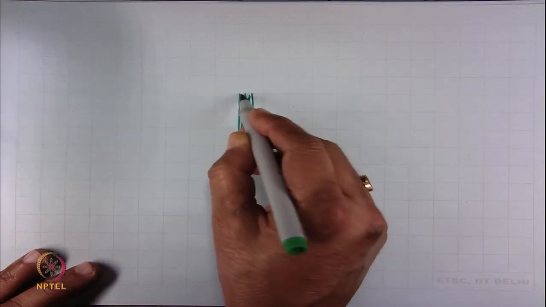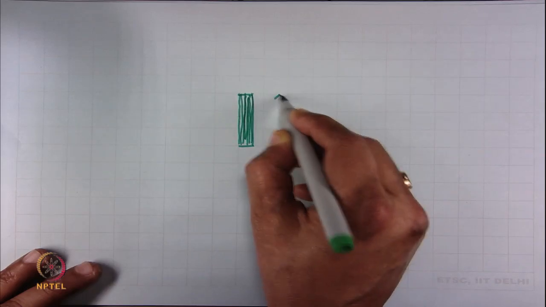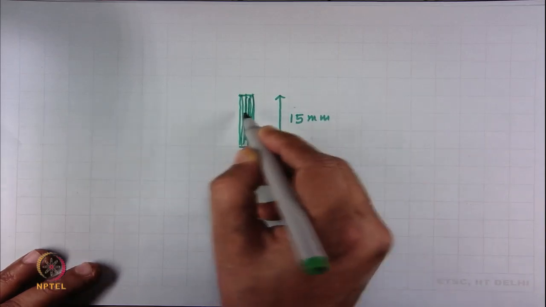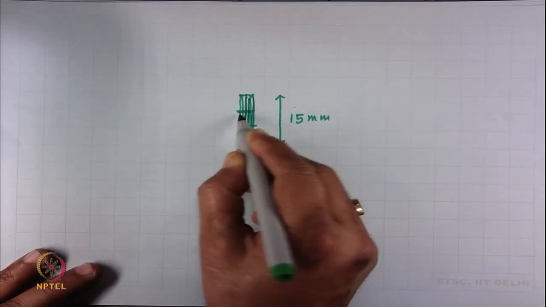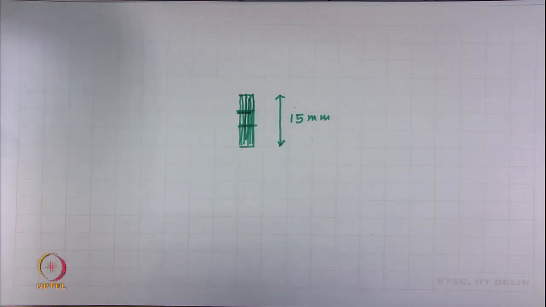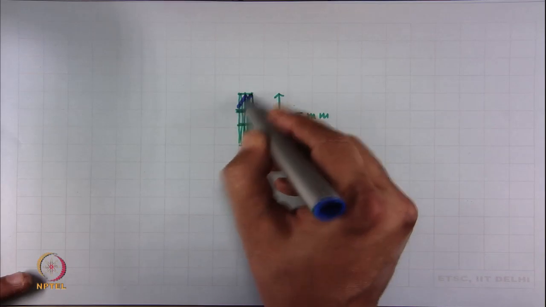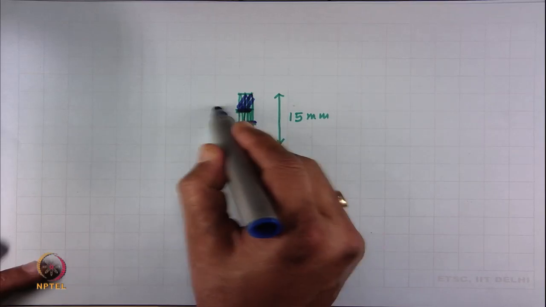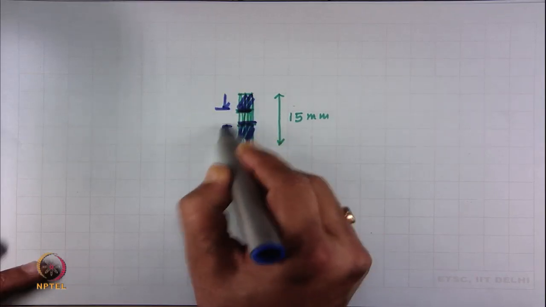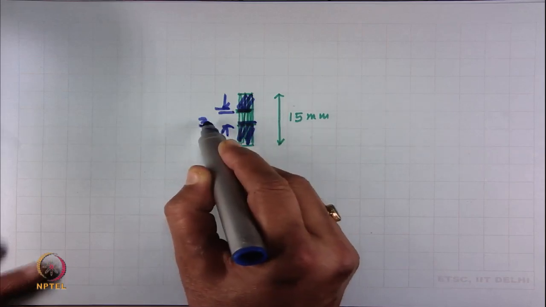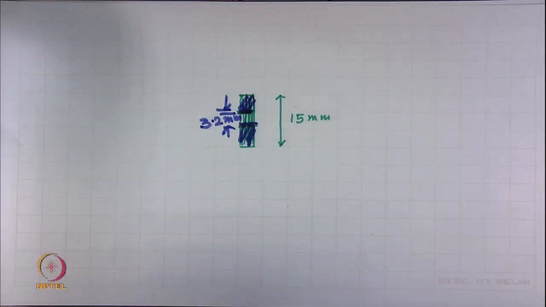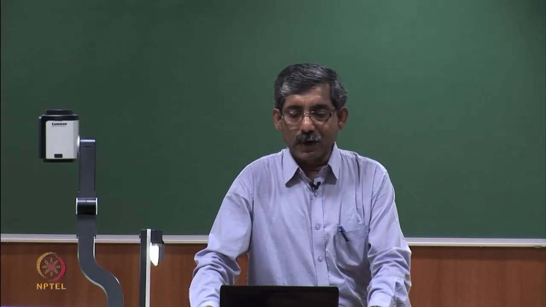This is the fiber bundle, this length is 15 millimeter, and once we are gripping, these are the grips, this is the jaw and here it is a jaw, and this length is the gauge length, which is 3.2 millimeter. So, bundle strength test is done in this fashion, and in addition to the bundle strength,